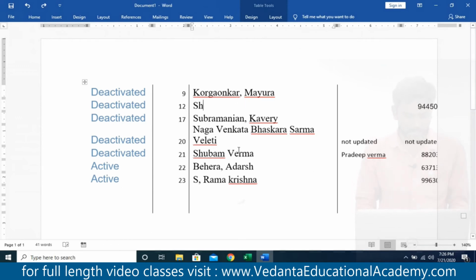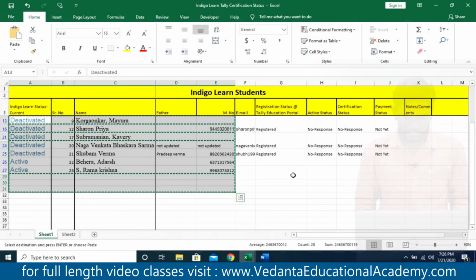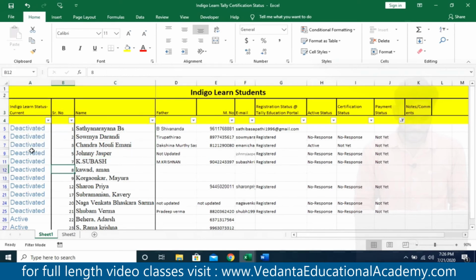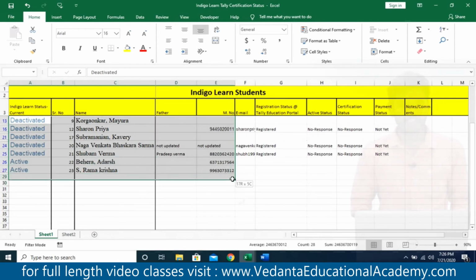So in these cases you may copy and paste as a picture, not as a table in MS Word. So in that case, Control plus Z to undo. I'm going to undo it, right? So here simply first select the range, whatever you would like to copy. Once the range is selected, you do not press Control plus C as a normal copy. You just go to the clipboard group, and here click on the copy dropdown. You do not use normal copy, simply click on copy as picture.